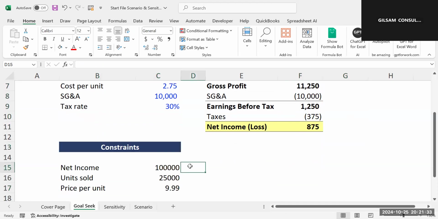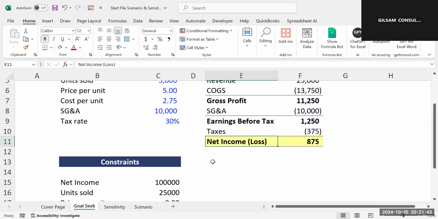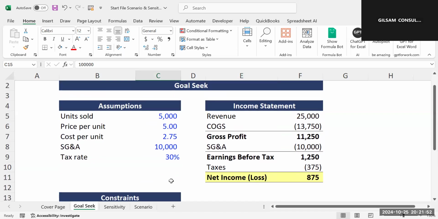This is a scenario-based question because you are asking yourself that you need to earn a net of 100,000, so for us to achieve a net of 100,000, how many units do we need to sell? That's when we ask ourselves, what-if function? Have we learned that before? What-if